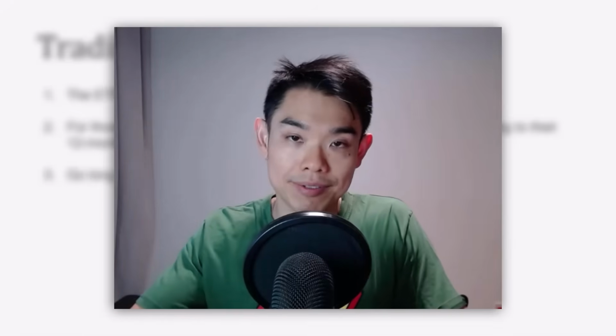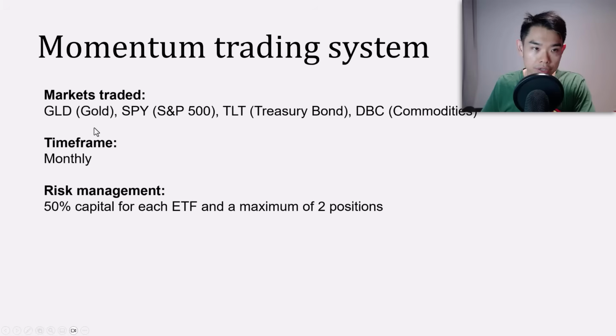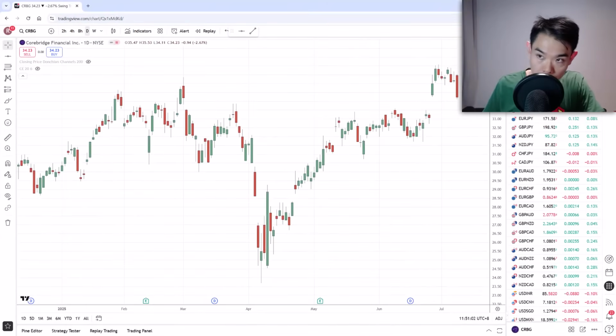Okay, now let me walk you through how to go about identifying this system using TradingView charts. So first thing that we want to do is to remember we are trading these four markets: gold, S&P, bonds, and commodities. So if you want to trade this system, you can create